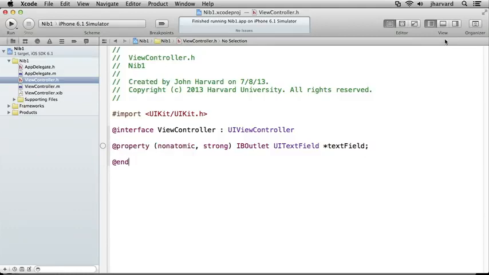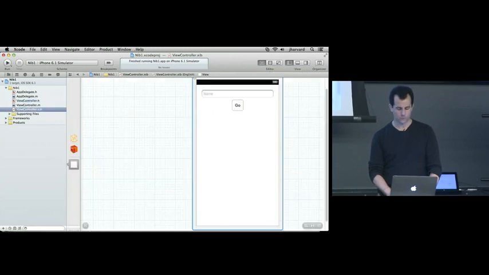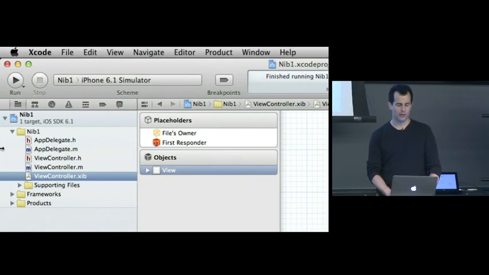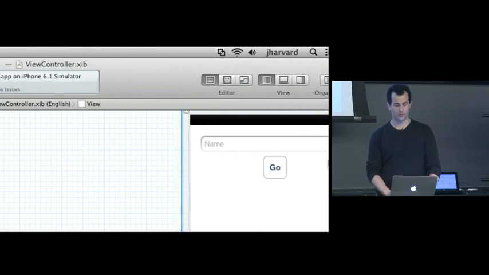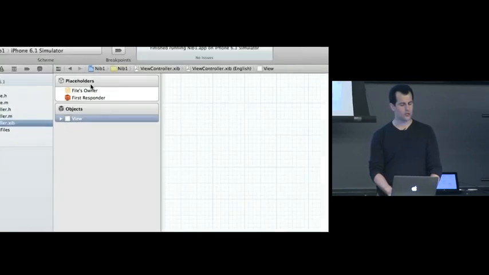All right, so how do I actually now connect? And that represents the sort of socket that I alluded to earlier. How do we actually connect that line of code to my nib file? So we can do this in a couple of ways, but first, let me go to my nib file over here. And I'm going to expand this window here. And this is a little complex at first, but now I am in viewcontroller.nib, which gives me my user interface that we defined earlier. And now notice on the left-hand side, we get this little cheat sheet of placeholders where